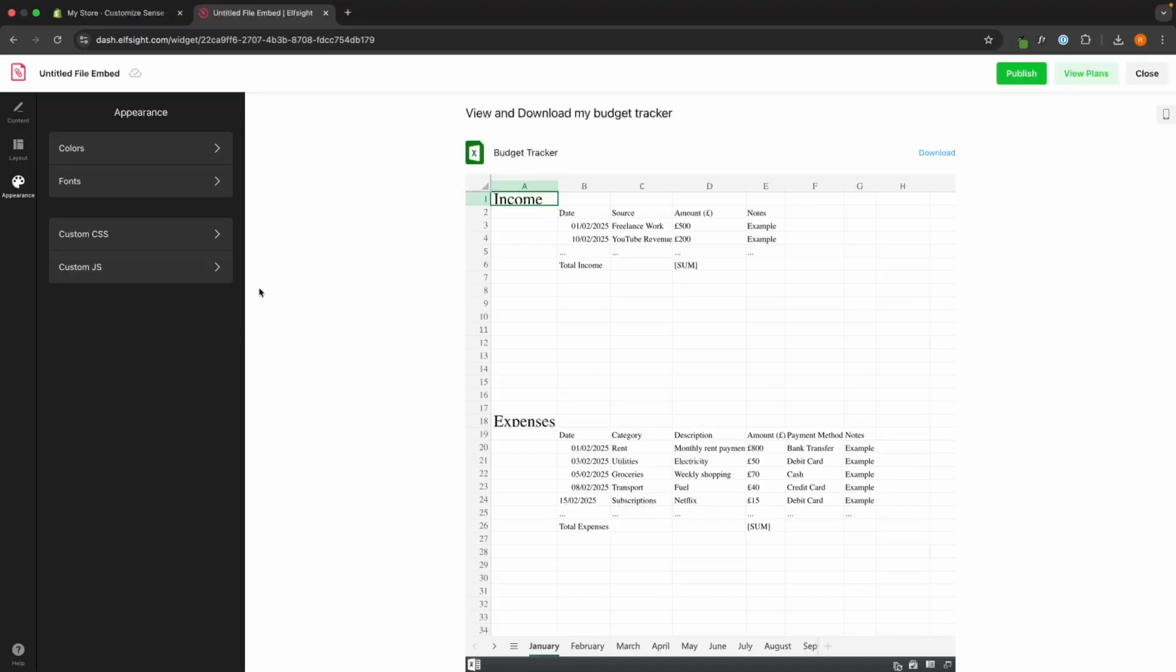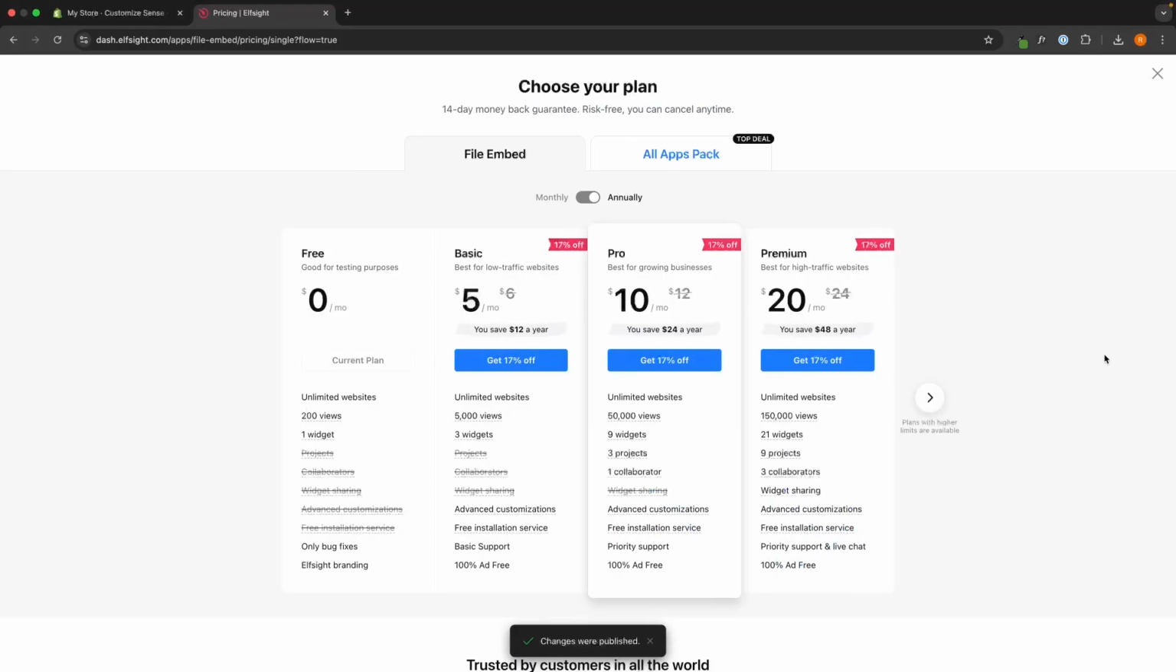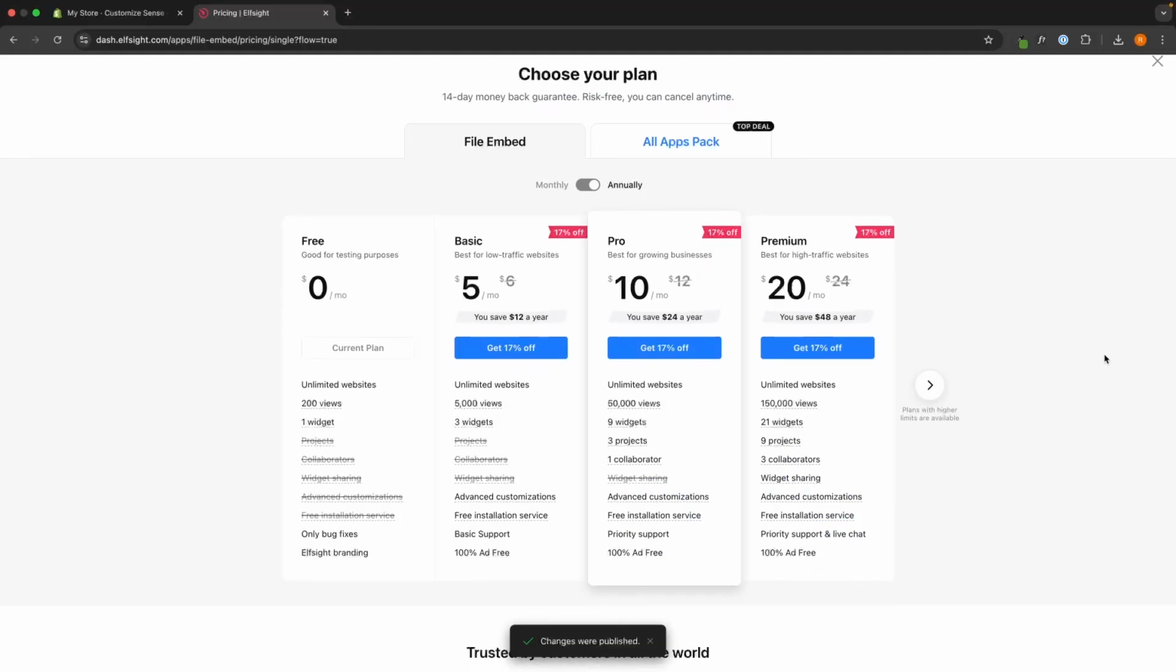And then once this is finished and you would now like to add this to your Shopify store, all we have to do is click on publish. And then Elfsight will take us over to this screen where we can now choose a plan. Now, the plan that I recommend everybody getting started with is this free plan right here. This is going to allow us to add this to our store, to test this out, to play around with